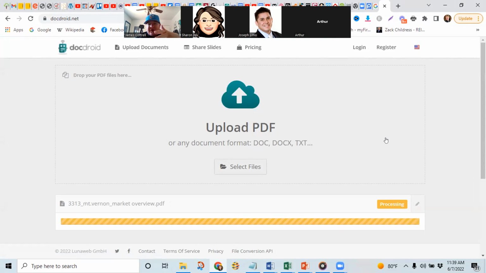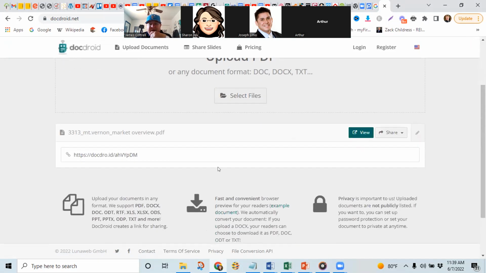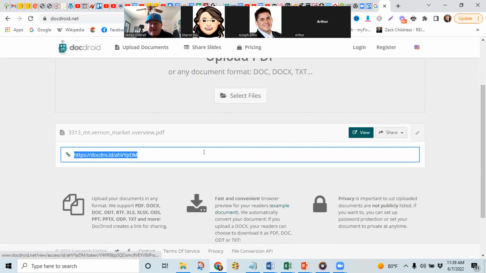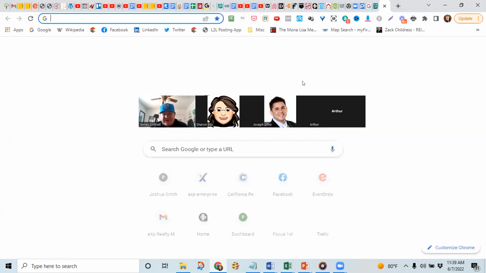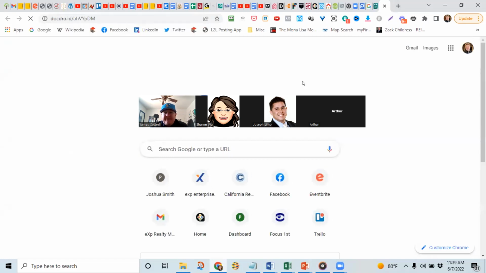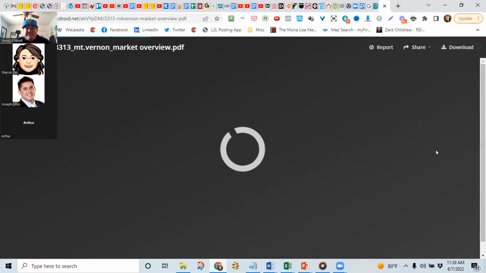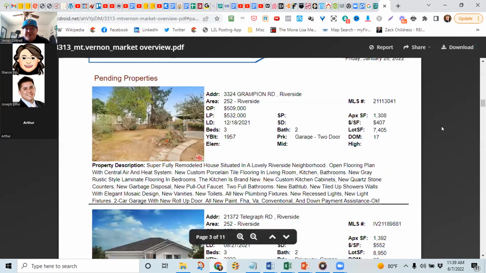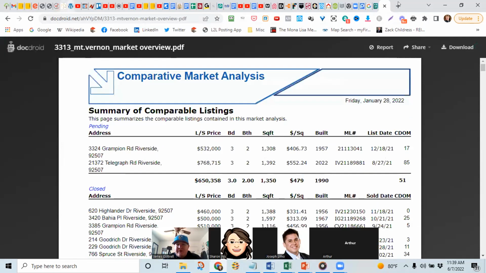So what this is doing, it's going to create a link for that document. So now it's hosted online. Again, I'm just showing this so you know multiple ways you have. And here's your PDF document. So if I copy this and paste this in another window, it's going to pull up that document. So now we have that hosted online, and why that's important, I'll show you in a moment.